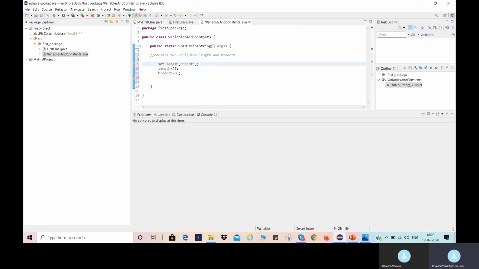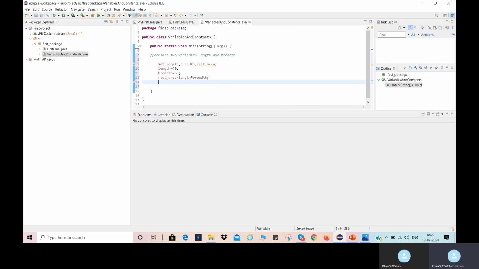So I'm declaring rect underscore area is equal to length into breadth, right? Here we are using the arithmetic operator. Asterisk is the arithmetic operator used to perform the multiplication, length into breadth.